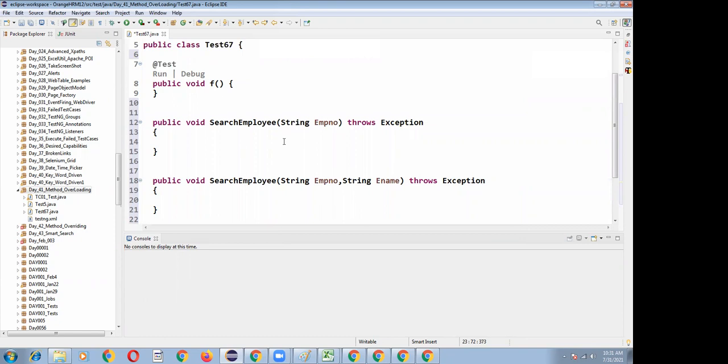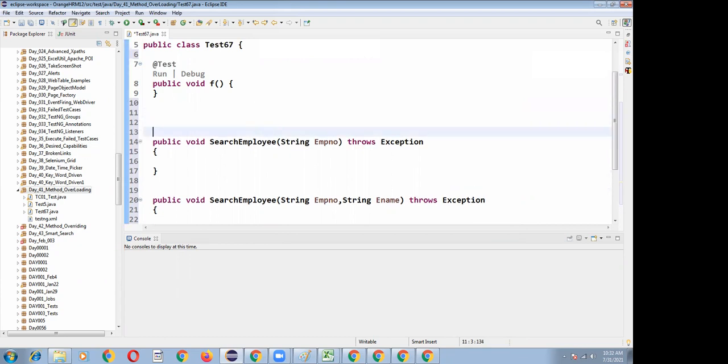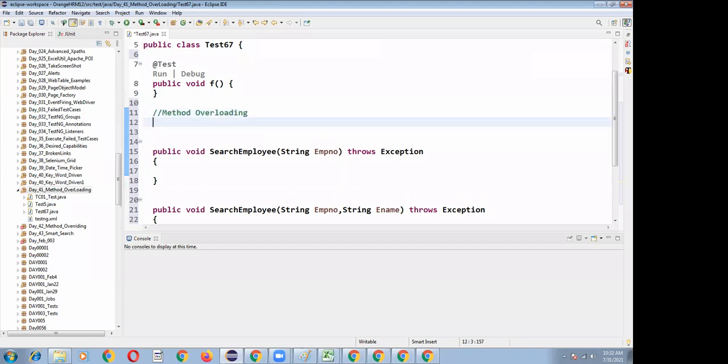In Java terminology, in the interview people will ask you this question in different ways. Do you know about polymorphism? Polymorphism means writing the same method name multiple times.